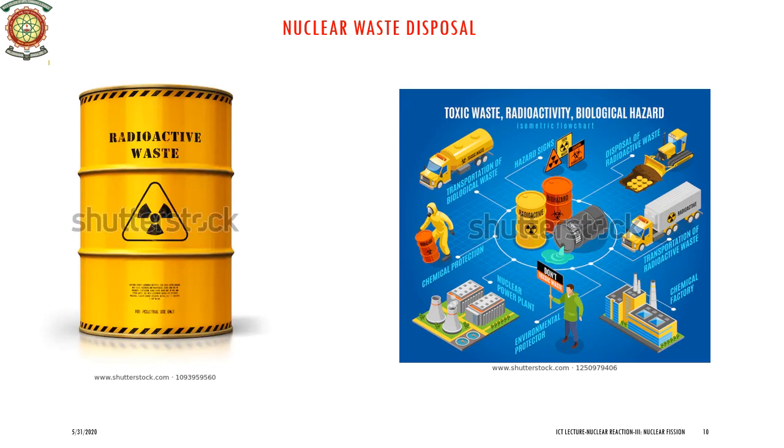Several kinds of radioactive waste are produced at various stages of the fuel cycle. These wastes are in solid, liquid and gaseous forms and have to be suitably disposed so that they do not cause any hazard to human, animal or plant life. In the next slide, we will see some of the methods used for this nuclear waste.